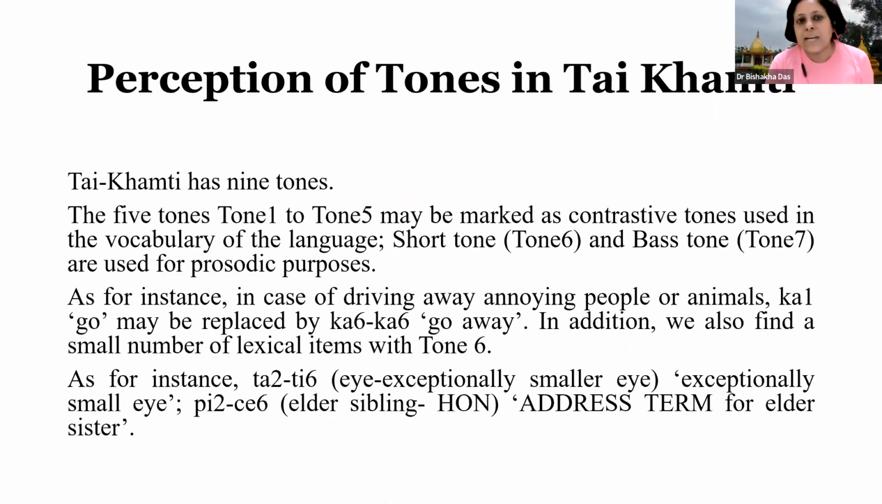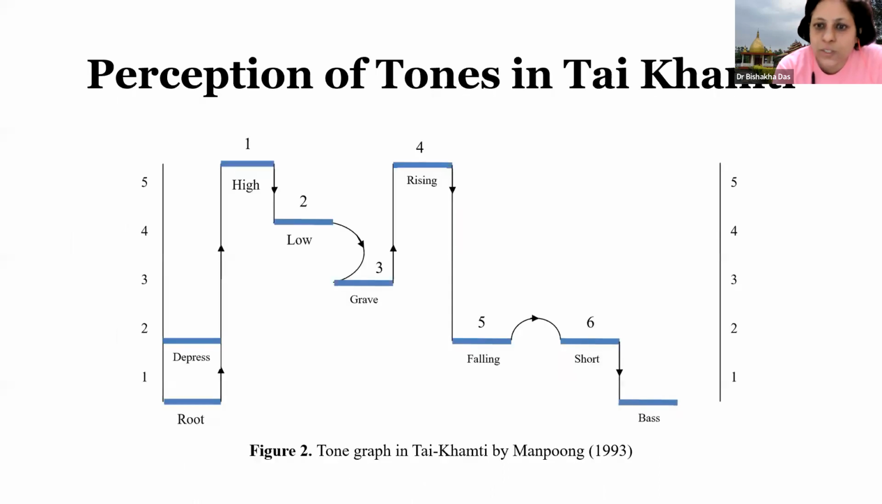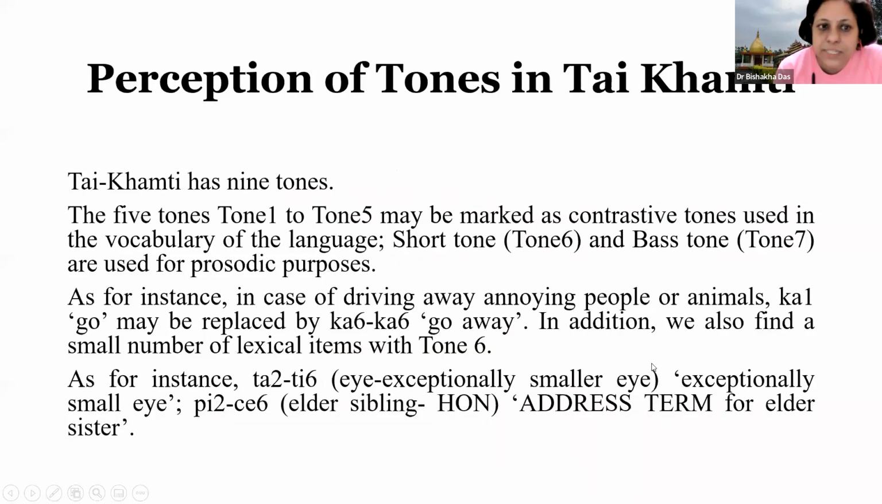So I say that Thai Khamti has 9 tones according to Chokak Manpung, but the 5 tones, tone 1 to tone 5, as I've marked, are contrastive tones used in the vocabulary of the language. And as we see, tone 6 and tone 7 are used for prosodic purposes. Here are some examples. Now, what kind of prosodic purposes? Tone 6 is used for such things like,